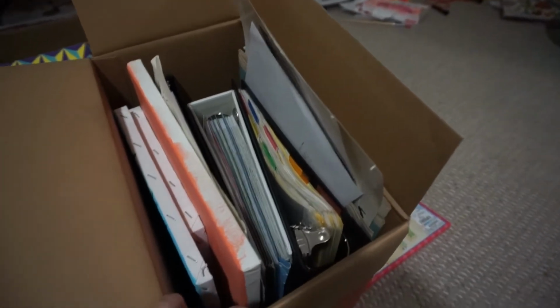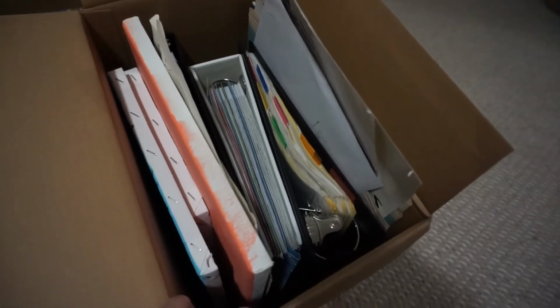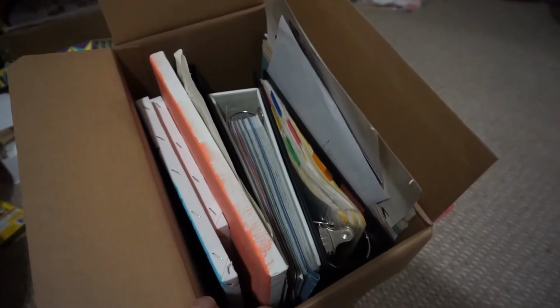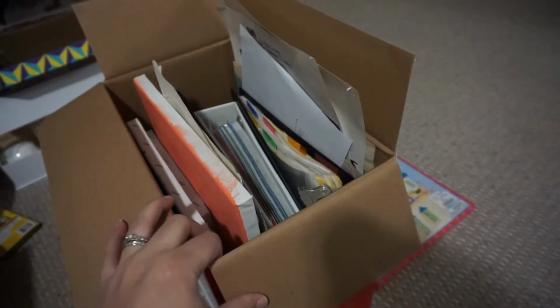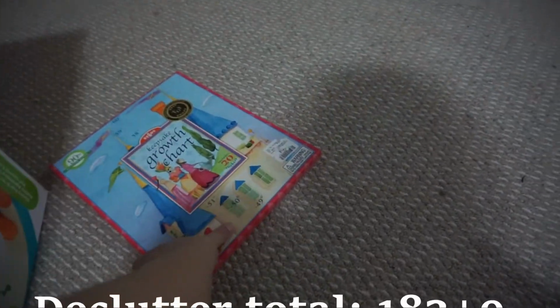So these are all items that I'm going to recycle, and there's a bunch of loose sheets in there, but I'm basically, if it fits in my hand, I'm counting it as one item, so I'm counting all of this together as 8, and then I have one item here for donation,